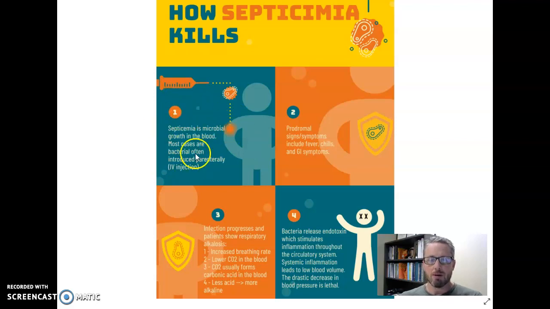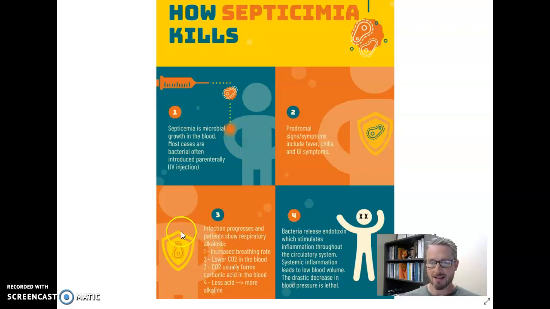So after a person is exposed to bacteria, it gains access to their bloodstream and starts growing. We have septicemia, microbial growth in the blood, and we will see like some initial prodromal signs and symptoms. So we'll see some pretty non-specific stuff like fever and chills and perhaps some GI symptoms. At this point, we might not have any warning bells going off. However, if we are monitoring a patient or a patient comes into the doctor a little bit later, we might see a more specific